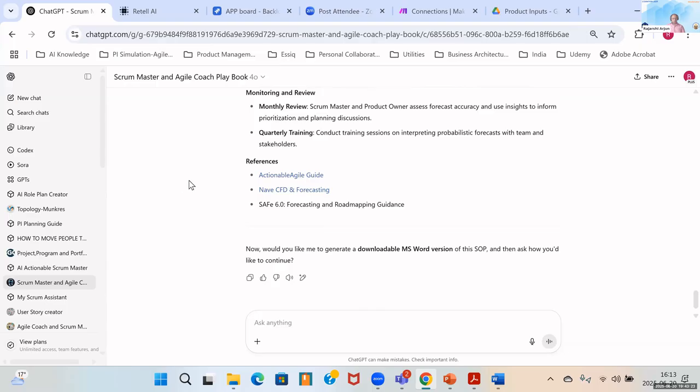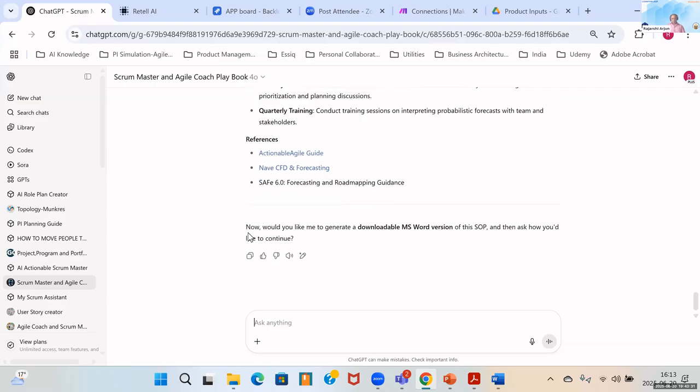And it also gives me some references, right, from where this has been built. Then at the end, it tells me that, okay, if I want to generate a Word document out of this, then it can also create a Word document for me. So this is one of the use cases that I wanted to show.